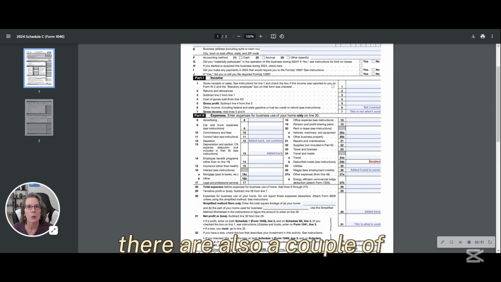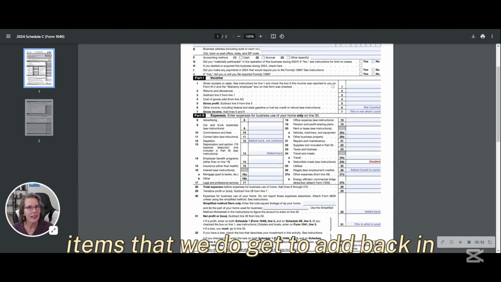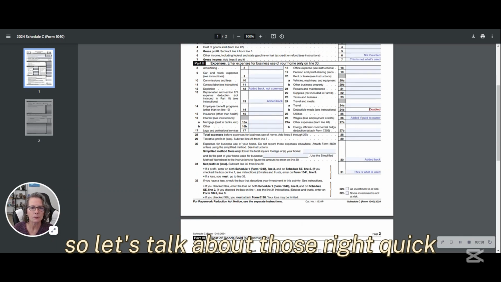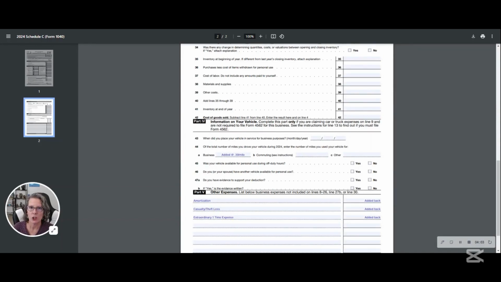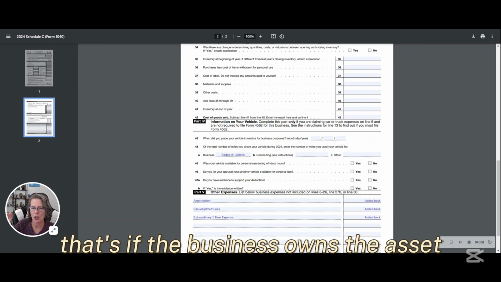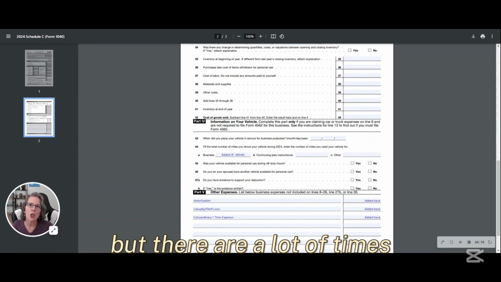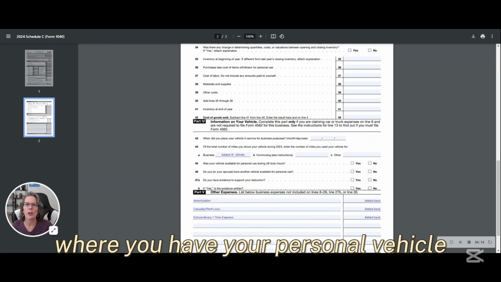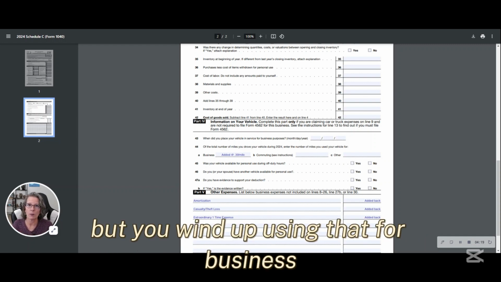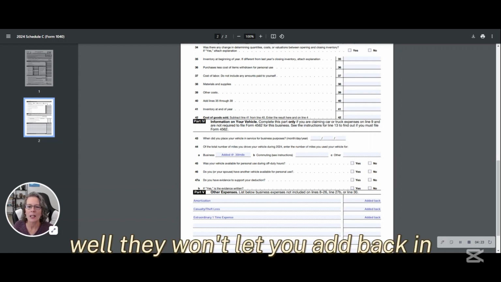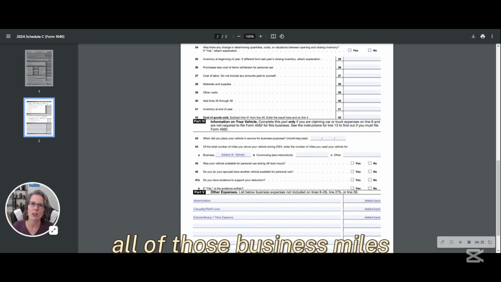There are also a couple of items that we do get to add back in on the second page of the Schedule C, so let's talk about those right quick. So we get to add back in mileage. So we talked about depreciation on the first page. That's if the business owns the asset, but there are a lot of times, particularly with sole proprietors or small S Corps, where you have your personal vehicle, but you wind up using that for business and just writing off the business miles. Well, they won't let you add back in all of those business miles